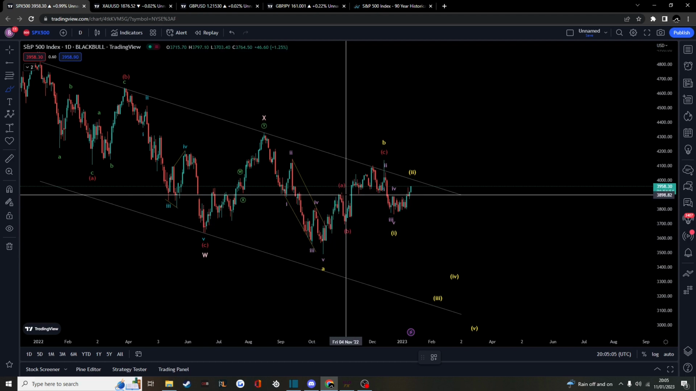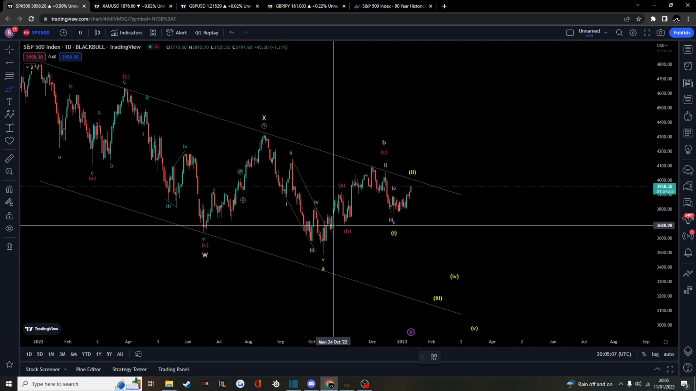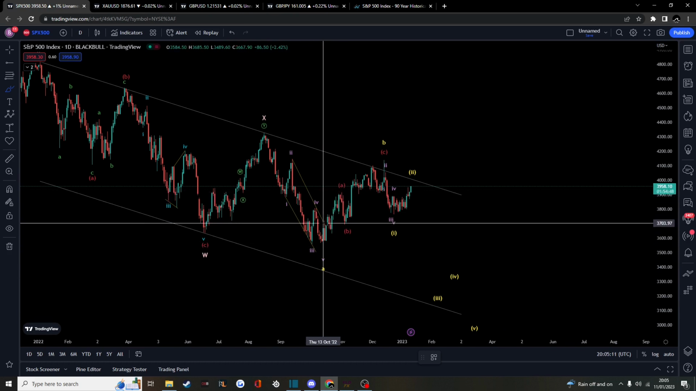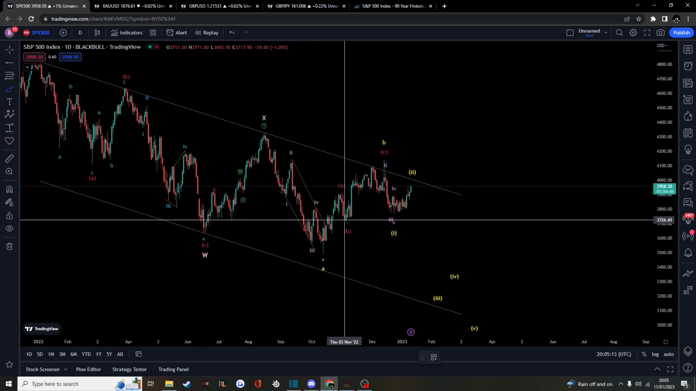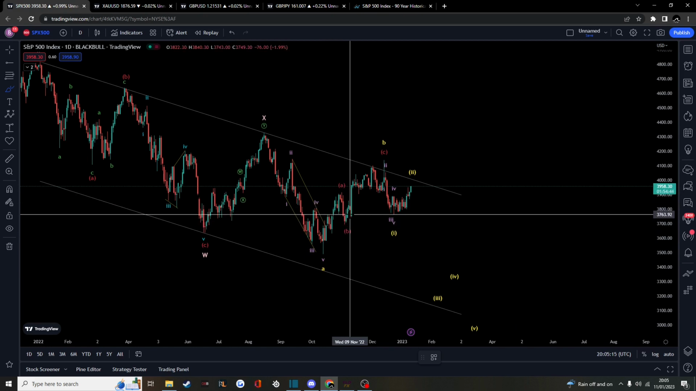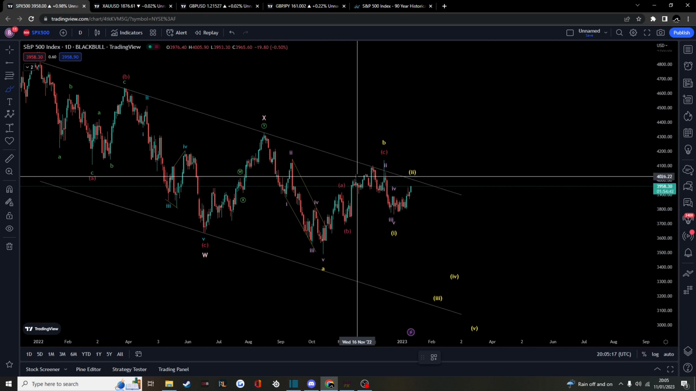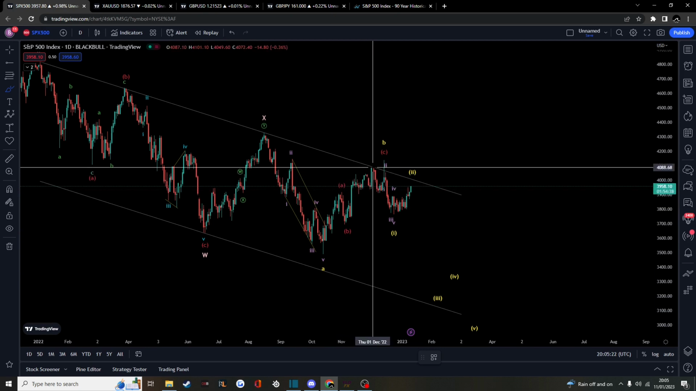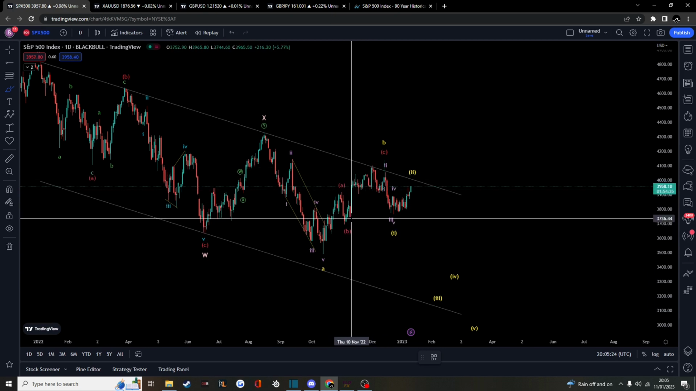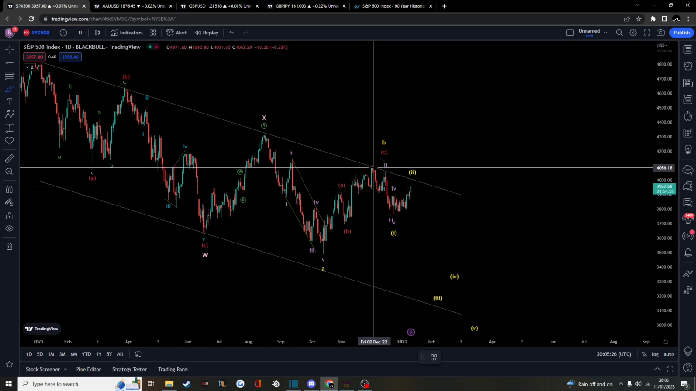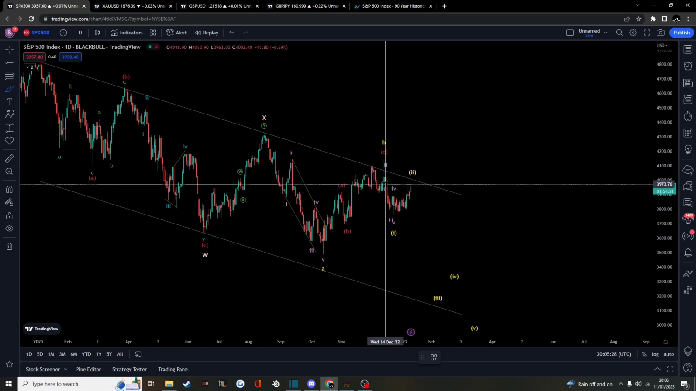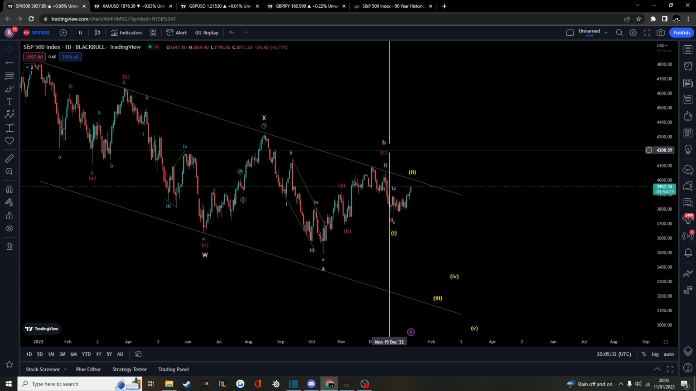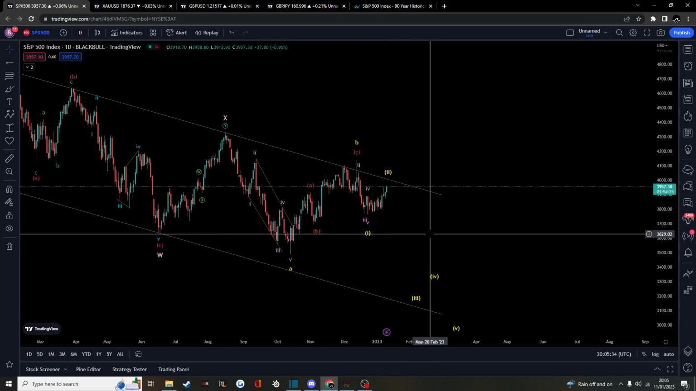And then we have an A, B, well, not an A, B, C, sorry, a 1, 2, 3, 4, 5, then a 1, 2, 3, 4, 5, 4, 5. So this to me seems like it's a leading diagonal as an A, then a B, then we have a wave 1, 2, 3, and then this is a 4 as a running flat, and then a wave 5. So this is an A, B, C, giving us our wave B,